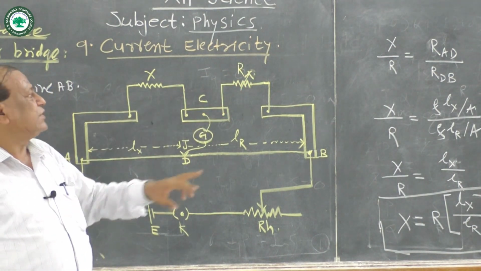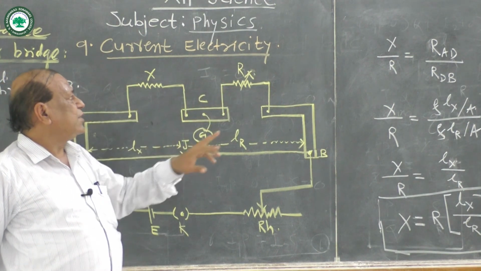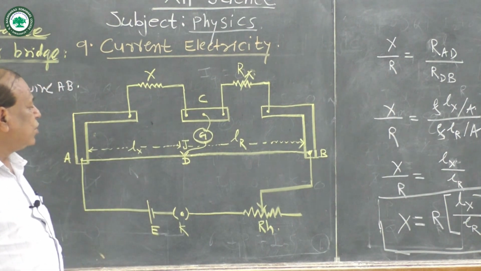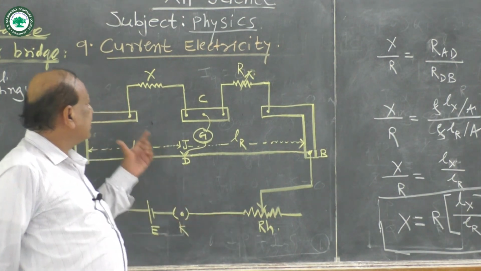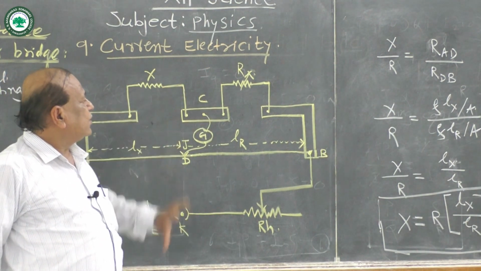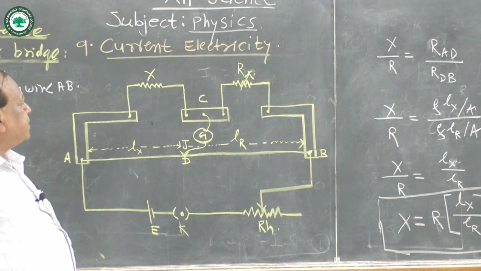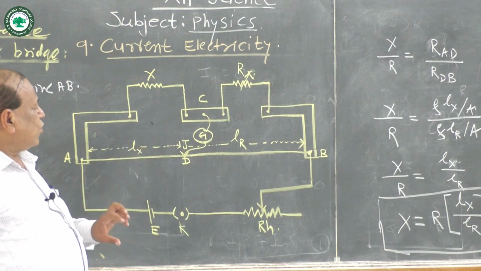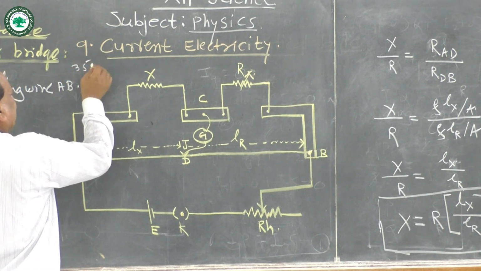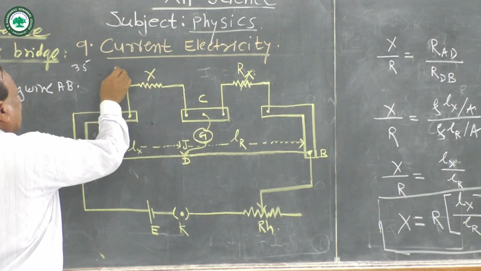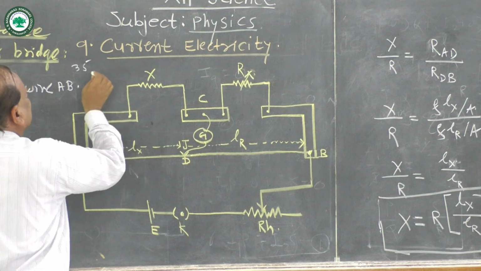Take a suitable resistance R. Now using the rheostat, initially the balance point should be at about 35 centimeter, in between 35 and the remaining is